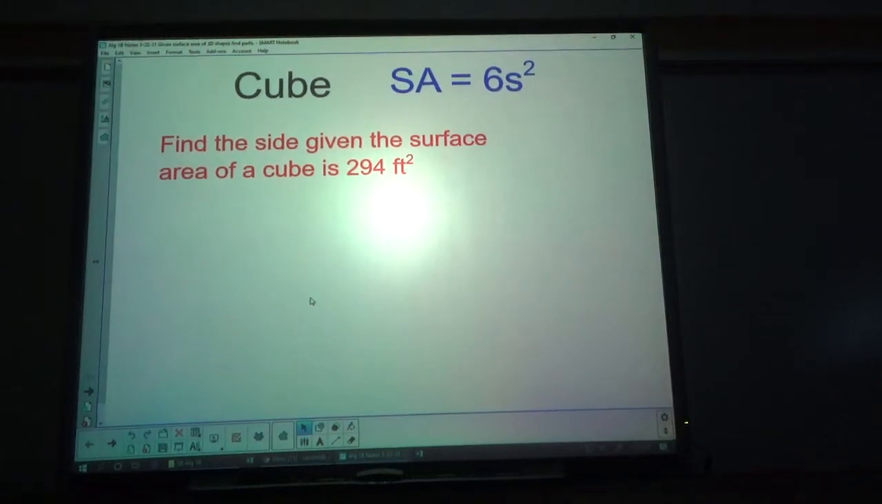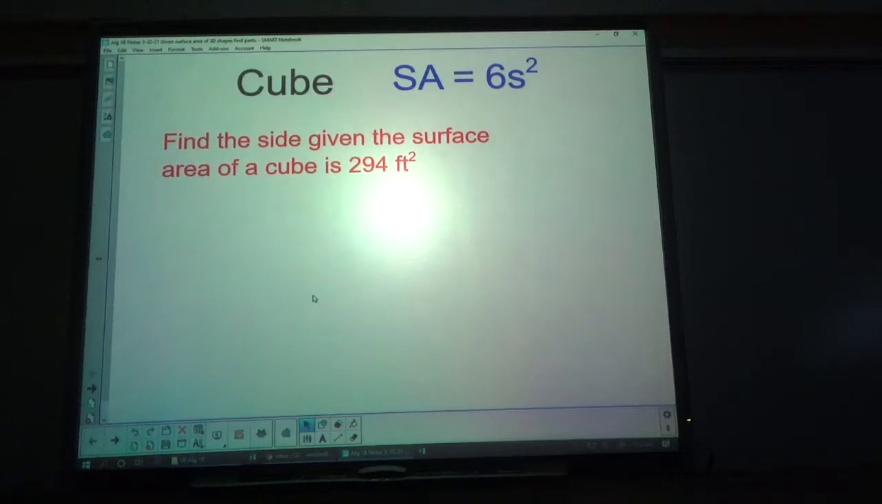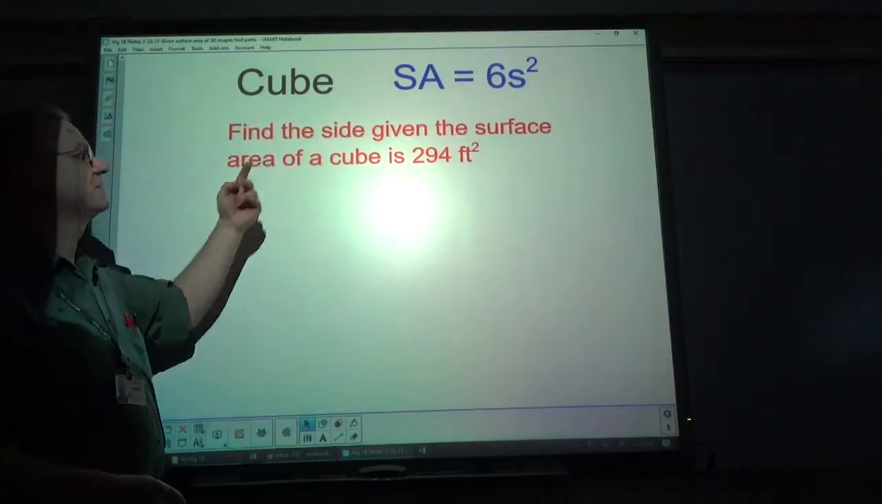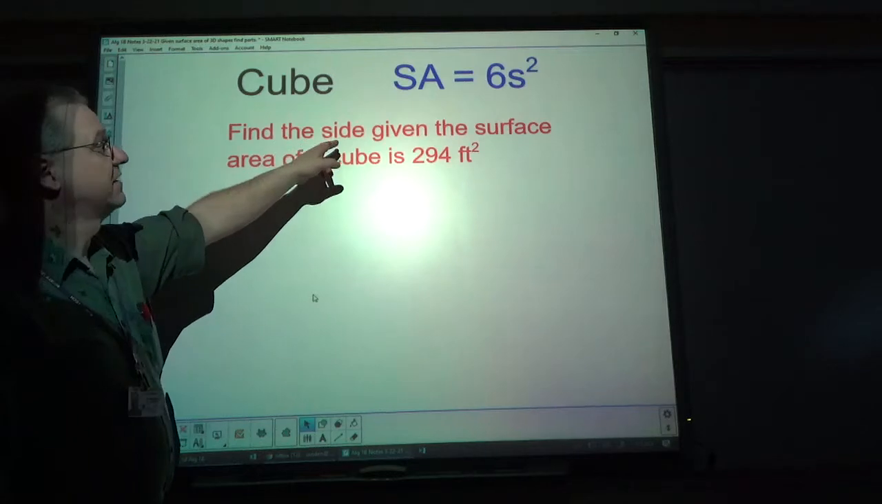Welcome. Today we are going to be working with surface area of solids. However, instead of just finding the surface area, we're going to be giving you the surface area and asking you to find a particular part of the three-dimensional shape. So if you're given a cube and it says find the given side,